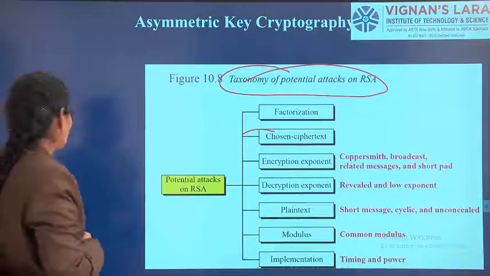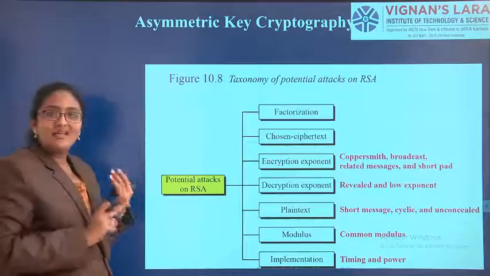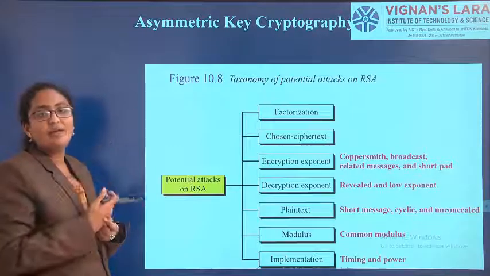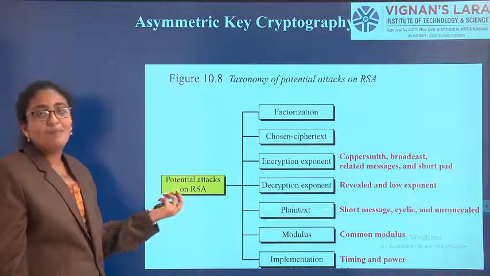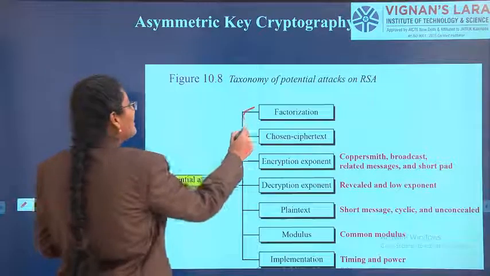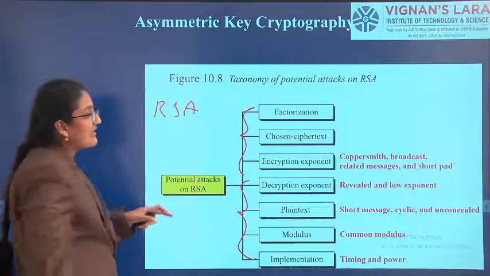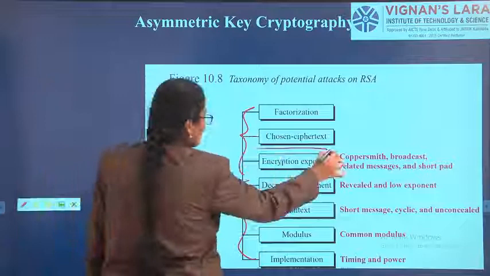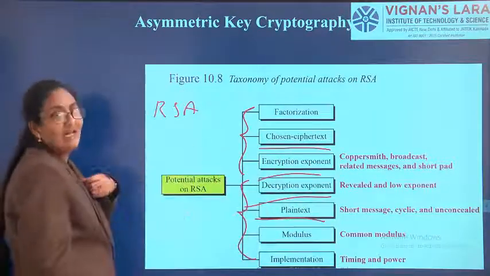These attacks can happen on the RSA algorithm. RSA is more secure, more potent, highly secured. When compared to DES and AES, we are going for RSA. It is an example of a block cipher and it can provide security. Even then, we can expect a sort of attacks on RSA also. In this class, see what attacks we can have on RSA, and what is meant by chosen ciphertext, plaintext, decryption, encryption, exponent. Explanation we will have in the next class.